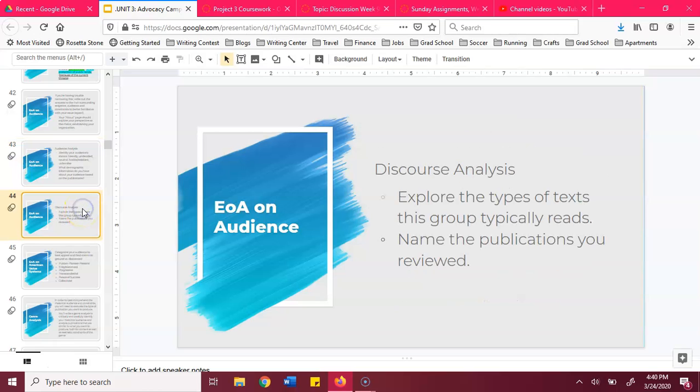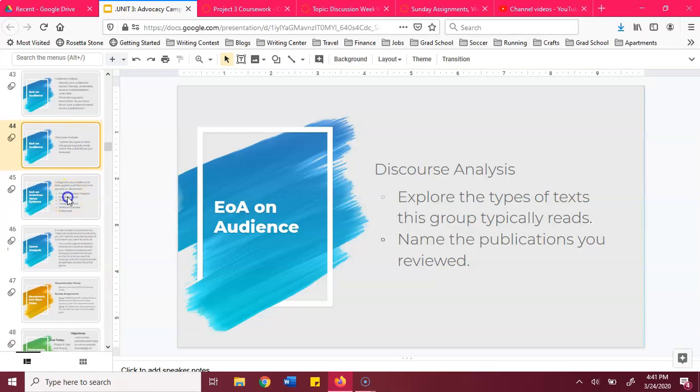Okay. Last piece on audience, looking at discourse analysis. This is where the genre analysis really comes into play, making sure that you understand the types of publications and texts that your audience reads is going to be helpful for you as well. Your writing should match the types of things your audience is interested in. In your letter of explanation, as you talk about why you have an effect on your audience, being able to define some of these elements of discourse analysis will be really important too.